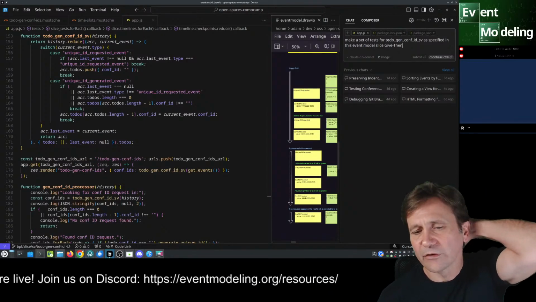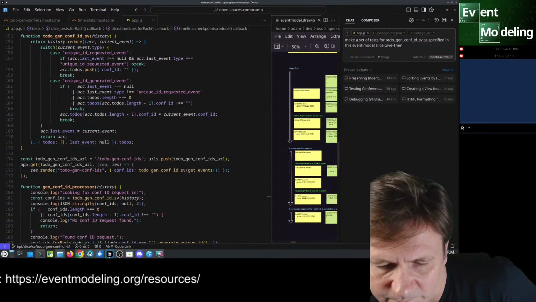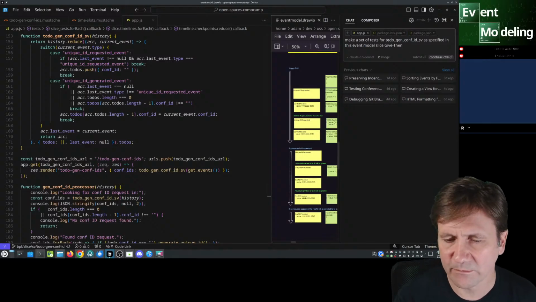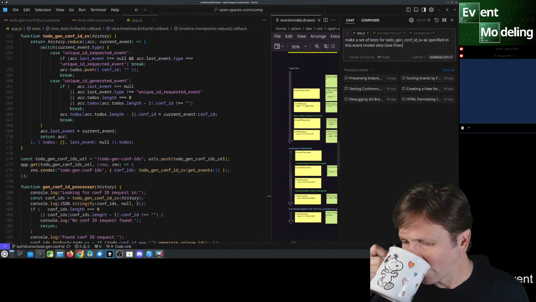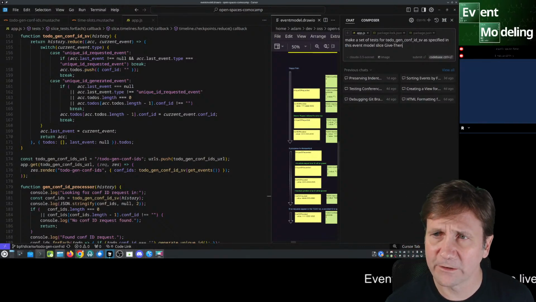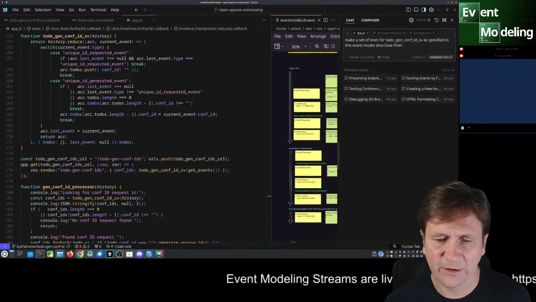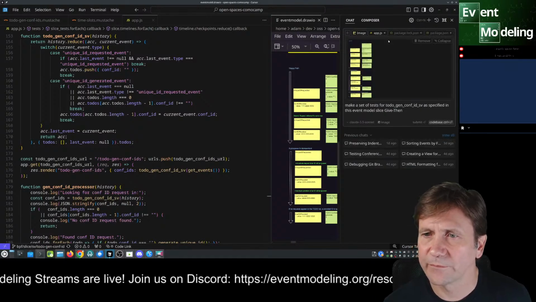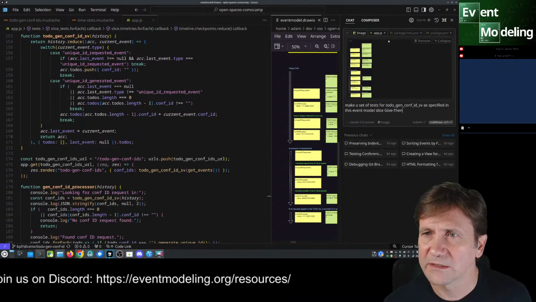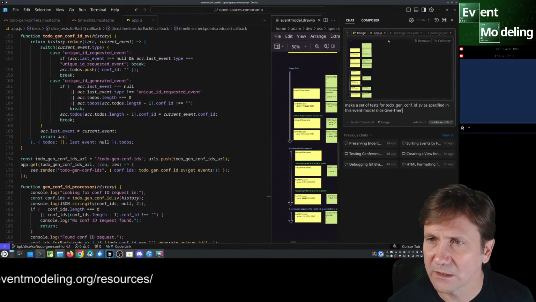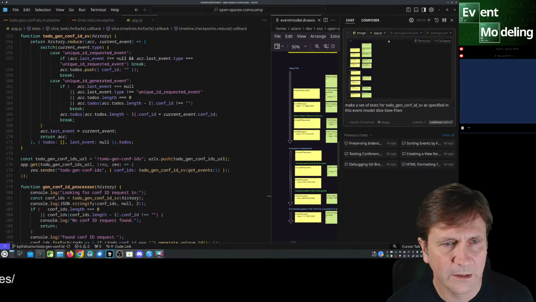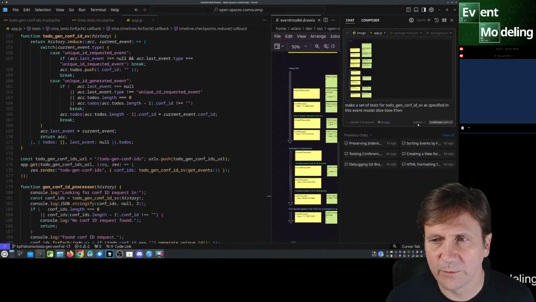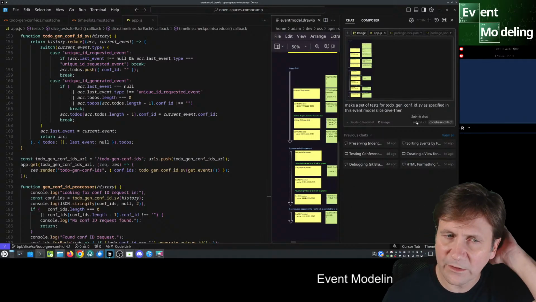Let's see. I've noticed that there is some event modeling in the training data for AI stuff, so it gets thrown off by other event driven noise out there, but with good prompting, I think you can get quite a lot. I was able to get a lot last year already, and it's just getting better. So if I press Control V, okay, it has the image, it has the app.js as the context. I don't want it to pull any other code from the solution, so I'm not going to do it with Codebase. I'm just going to do it with this.